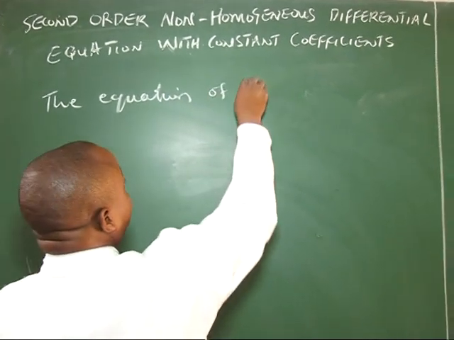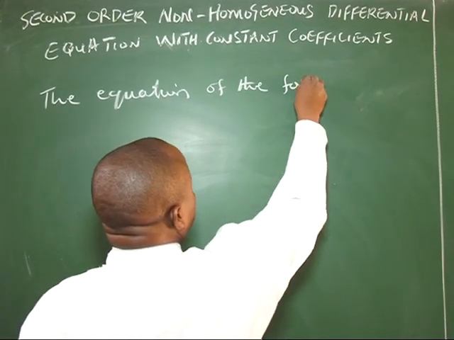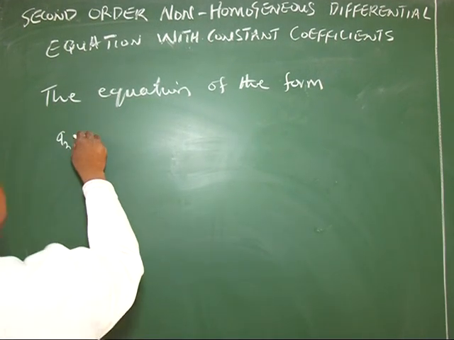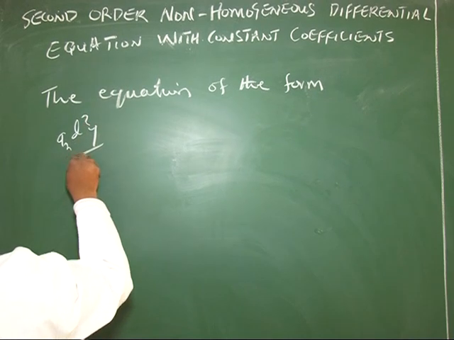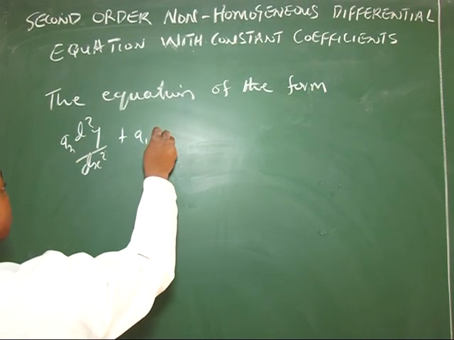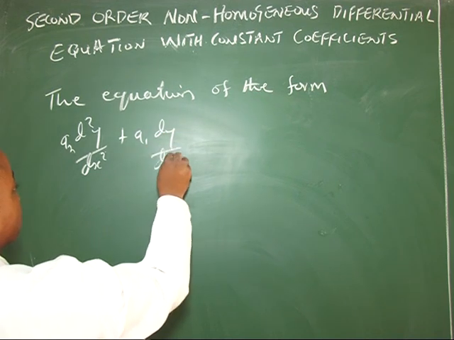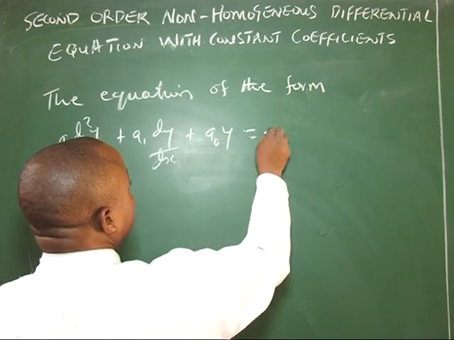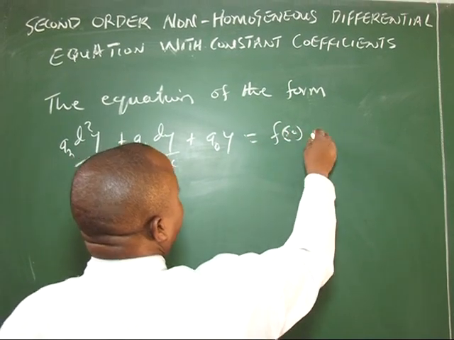The equation of the form a subscript 2 d squared y over dx squared plus a subscript 1 dy over dx plus a subscript 0 y is equal to f of x